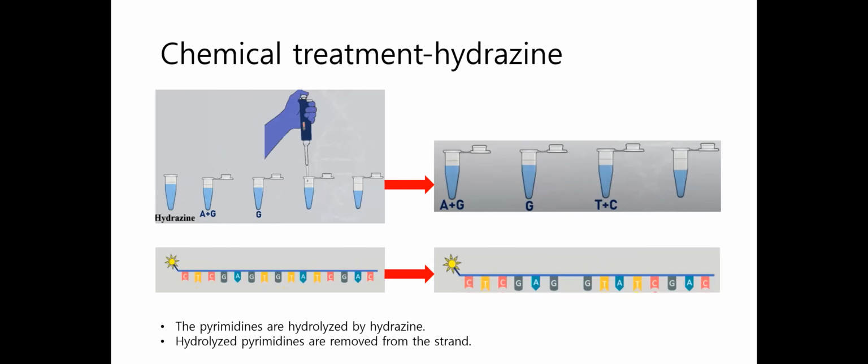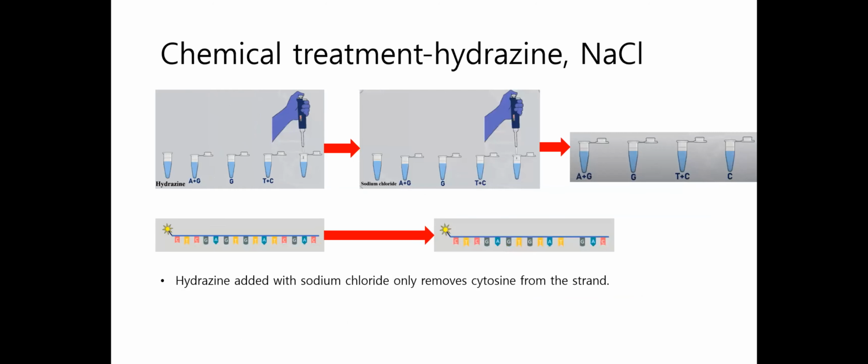The third sample is treated with hydrazine, and hydrazine hydrolyzes pyrimidines, and hydrolyzed pyrimidines are removed from the strand. The fourth sample is treated with hydrazine and sodium chloride, and hydrazine makes a product by the reaction with sodium chloride, and that product only attacks cytosine, and only cytosine is removed